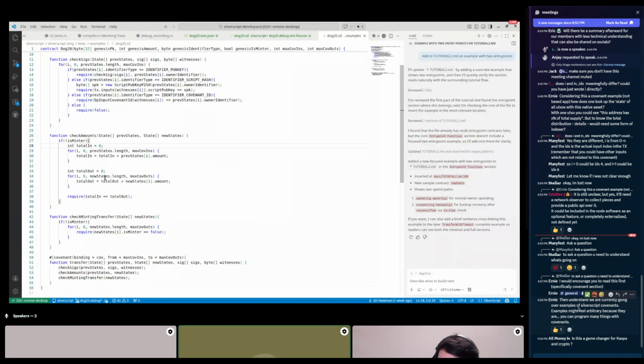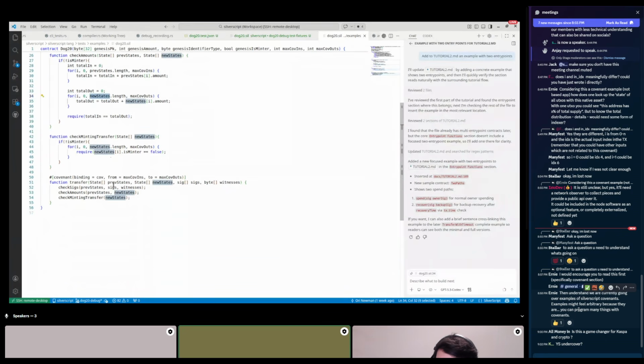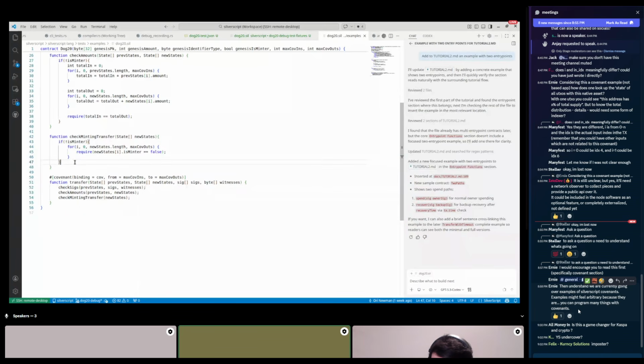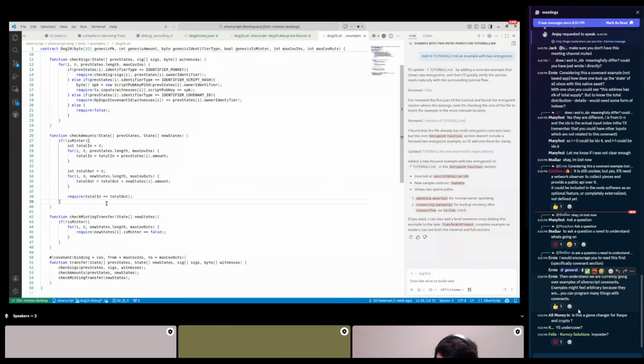Yeah, sure. If it wasn't clear before, each state, prev state and new state, is associated to some input or output, respectively. So when you sign the transaction, you usually sign all of its outputs. So you implicitly also sign all of the state of the output. So verifying that the signature is correct is a different way to verify that the user agrees to the new spread of tokens.